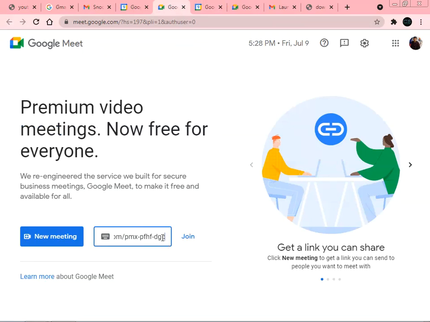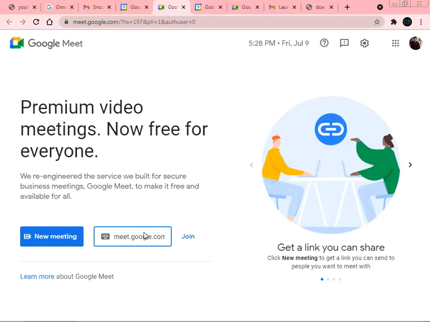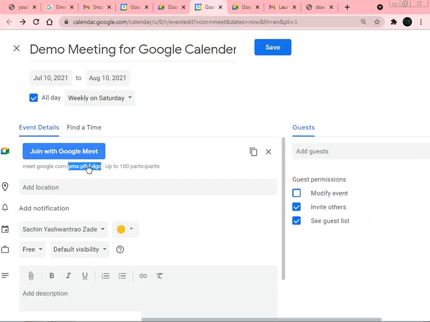So this is paste. So we got two options there, link or the code. So code is nothing but this last 12 characters. So if we copy directly this code particular copy and we will paste here, this will directly start the meeting. Enter a code or the link. The code is nothing but this last 12 characters. So first three, then four, then three characters, and then in between we are getting this dash. So this is nothing but the code. So these are nothing but the settings which we have to set.